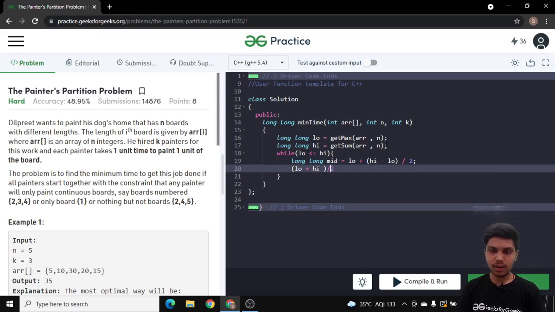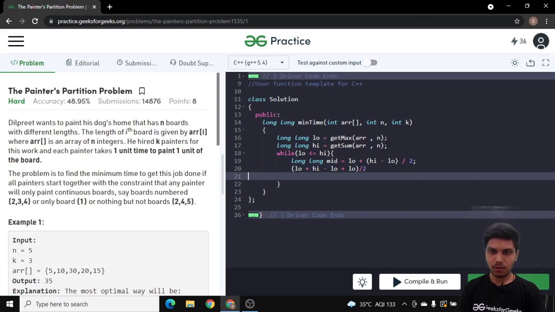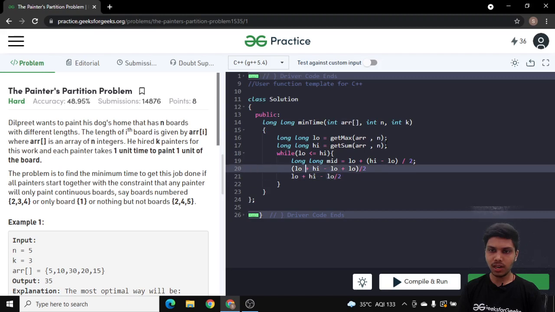What we have done here is subtracted and added low, so the first term would be low itself and the second term would be high minus low divided by 2, which we have written here.